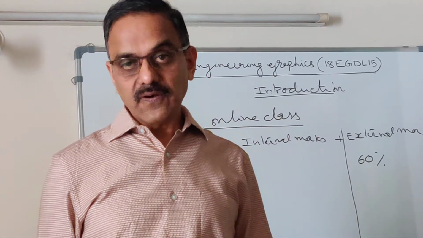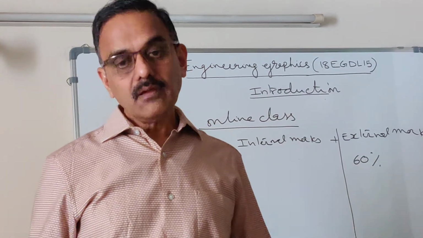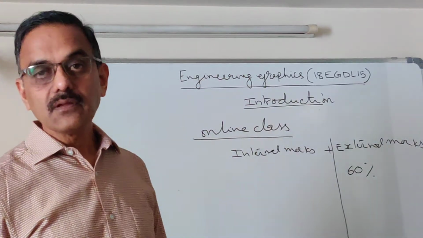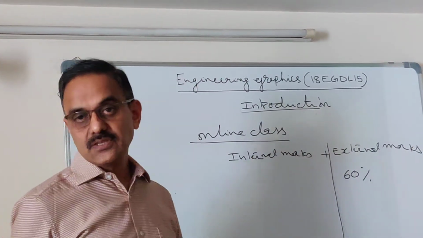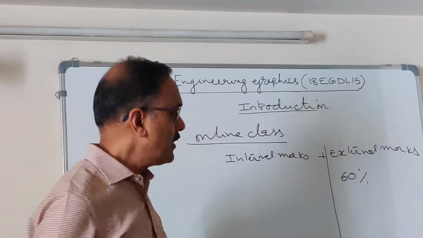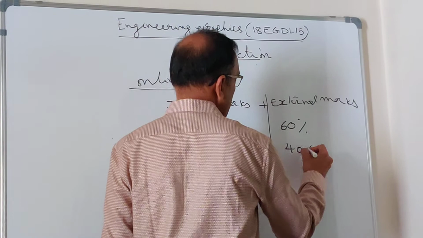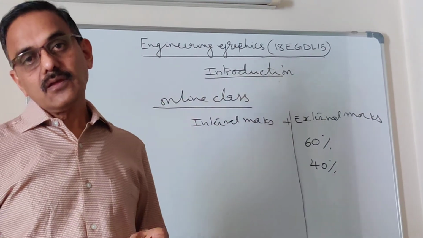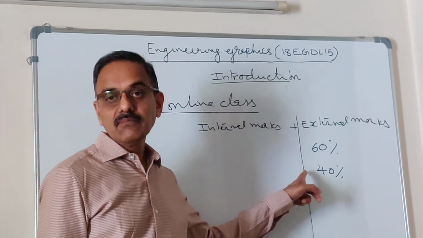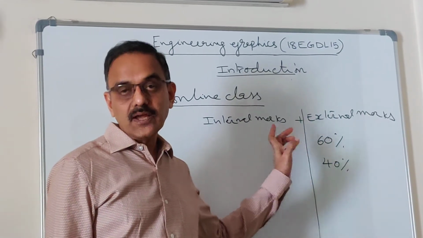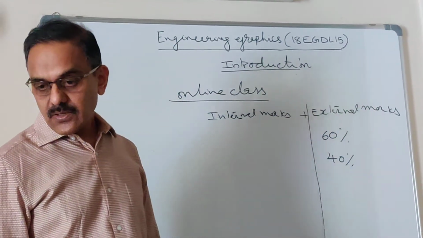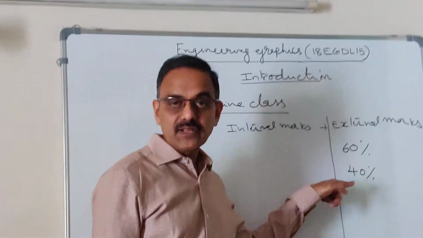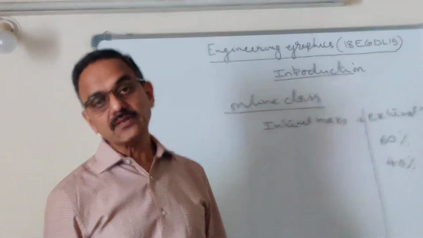You will be asked to do the sketching first, which you will be doing in a booklet using your tools or instruments. Once that is done, you will be allowed to go to the system using the software. That will carry a weightage of 40%. So more weightage is given for sketching here, manual drafting. And then you will practice it in the system and take a printout of that, which completes the examination. There is no specific time period allotted for sketching or drafting. Both put together you are given 3 hours.